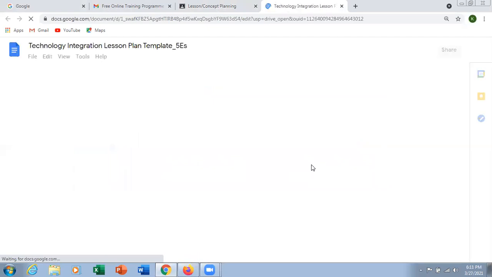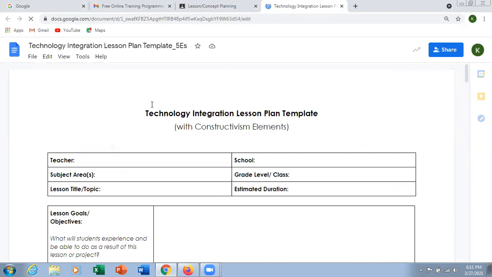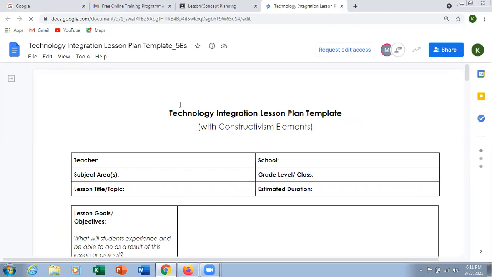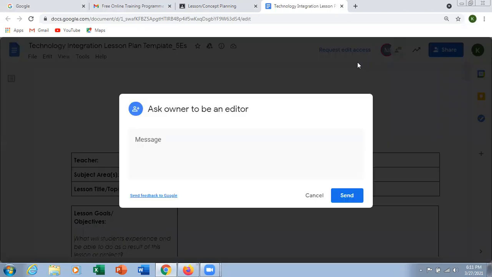And my dear respected colleagues, one document is going to appear on your screen. First option: if you want to make additions in online mode, you can do the same with the help of Google Docs. Here it is. If you want to add something, you can simply click here and begin typing. But if you require edit access, I'm just going to click on request edit access. Okay. If you require that, you can give the message.